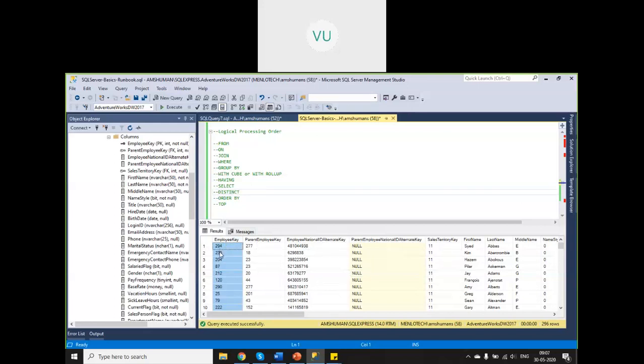In matrices you have seen A cross B, or in sets and relations you have seen A cross B, right? When you say A cross B, all the records in A are matched to all the records in B. But when you use this on condition, only the records which satisfy the on condition will be returned. So just understand, on is a condition applied on joined tables. Okay, so that we'll see very shortly. Is that clear, Gayatri?